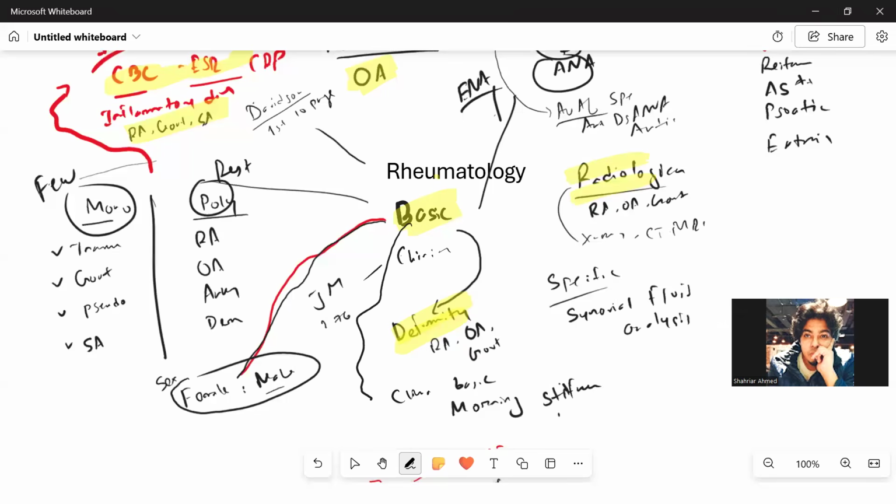Morning stiffness. Now, morning stiffness more than 1 hour. Okay, this is one thing. Morning stiffness like 30 minutes, morning stiffness like 5 minutes. Can you tell me what are those points for morning? More than 1 hour is for rheumatoid arthritis, approximately 30 minutes for ankylosing spondylitis, and very short would be for osteoarthritis. Some stiffness, osteoarthritis is also felt in the morning.